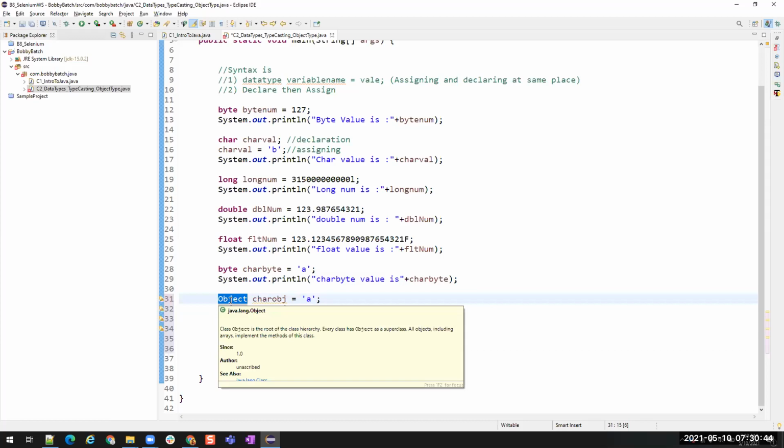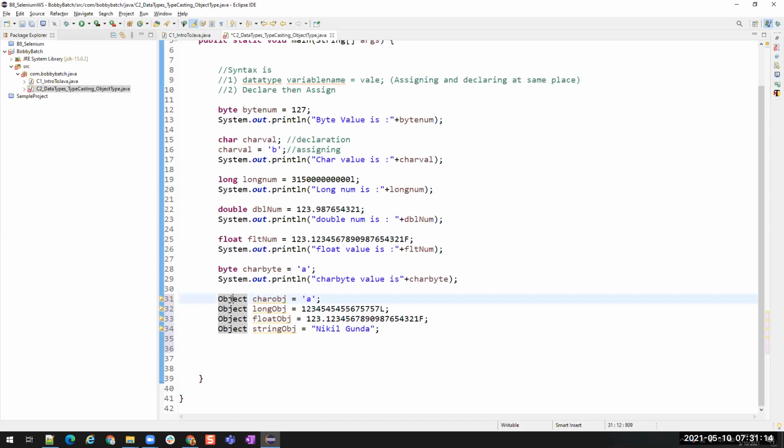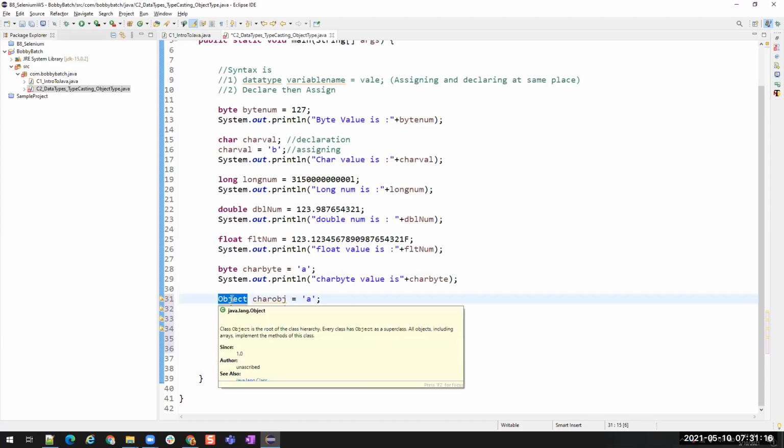value. If you do not know what type of value you are going to store inside this variable, or if you do not know what value you are going to get from an external source like Excel workbooks. If you want to read some value from an Excel sheet, do we know what is there in the Excel? It might be anything. So if you are unsure of what type of value you are going to get from a website, then also we are going to use this object type. Object is a parent for everything.